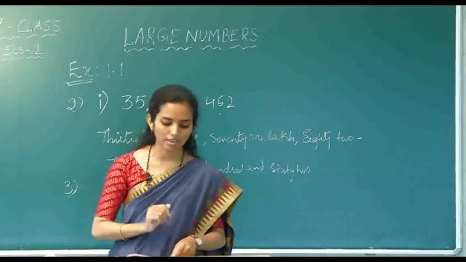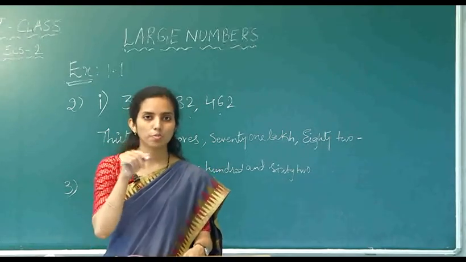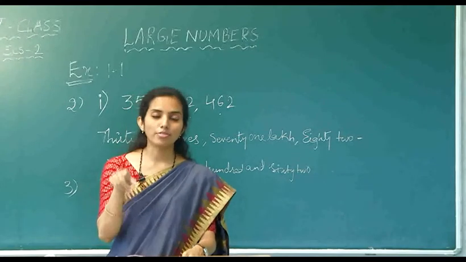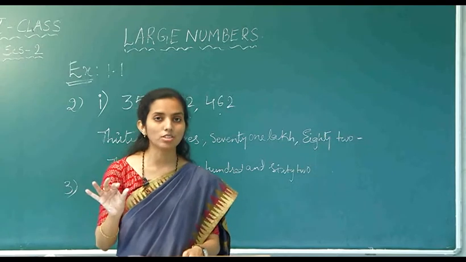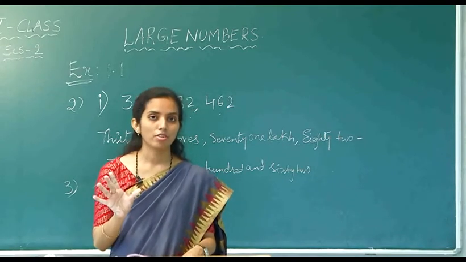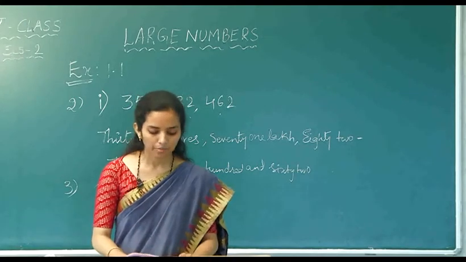For example, in the first example, 10,000's digit is not given. So he has placed 0. So you have to write 10,000's place as zeros. So how many zeros does a 10,000 place have? 5. So 5 zeros you have to write there.